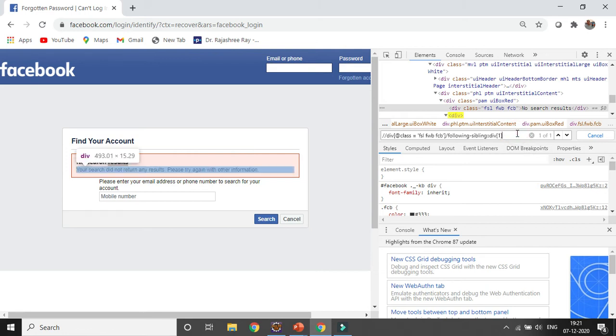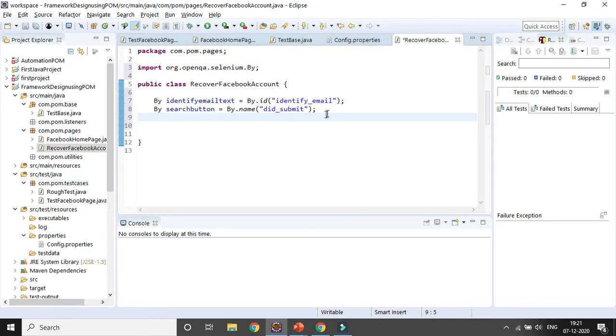So that's why you can create your custom XPath for the same parent with the help of another child, and you can use following-sibling, and in case multiple siblings are there, you can use indexing. Definitely you have to use the tag. Next I am creating a web element by, okay, search error message. In case you click on the search button with invalid details, that error message is coming, right. So I am giving the element name as search error message, and here I am identifying with the help of XPath, By.xpath.